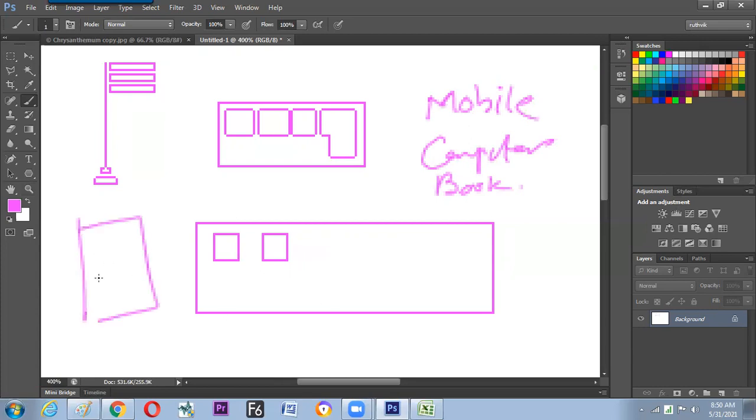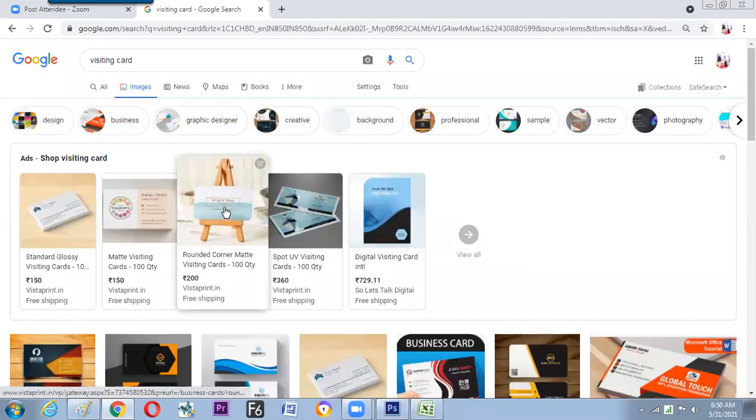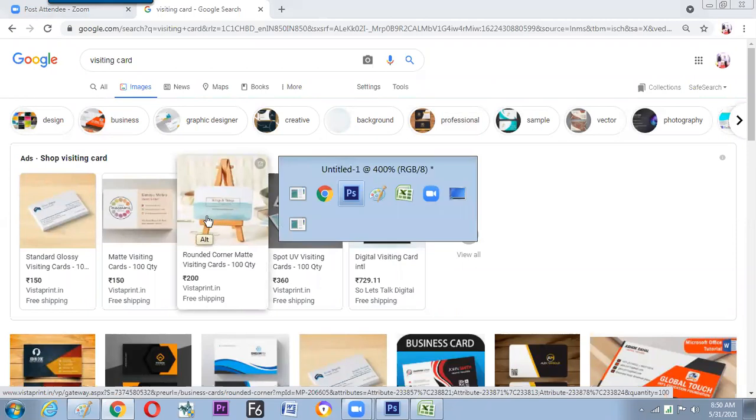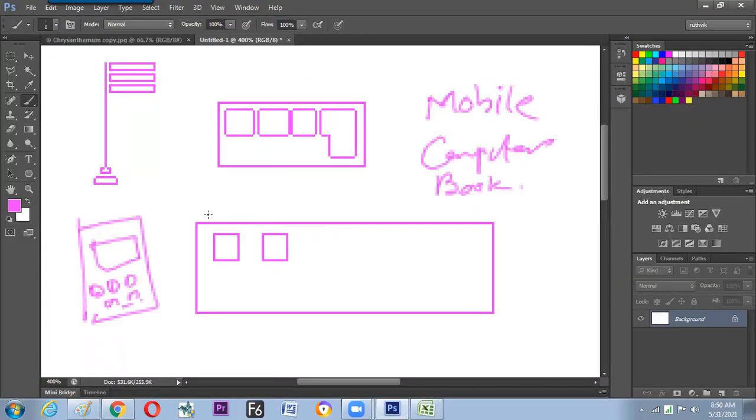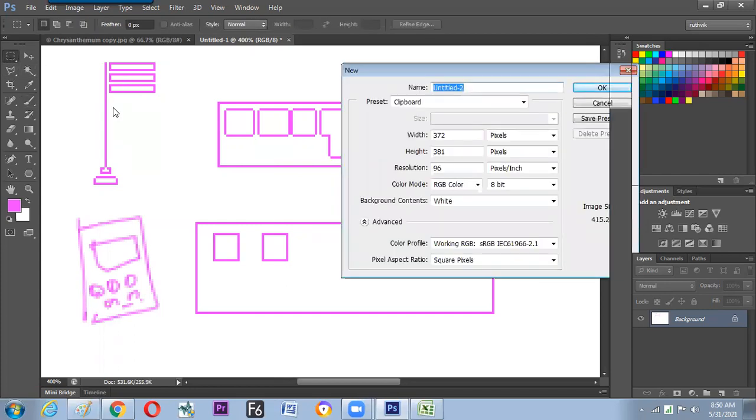Just four boxes, one display unit, and some boxes here. So that can be done easily. So we have paused for a while to let us know what theory we have learned and what practical can be done. Now then, with the same tool, the rectangle marquee tool, we'll go for the next tips and tricks.